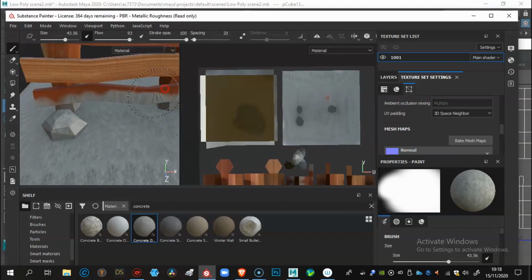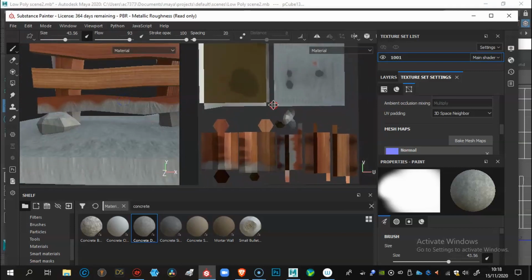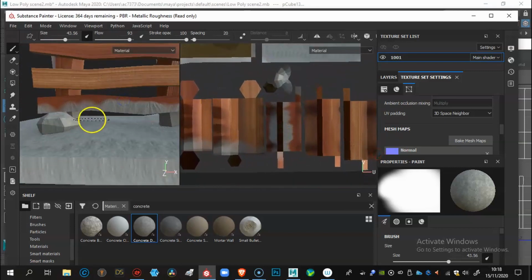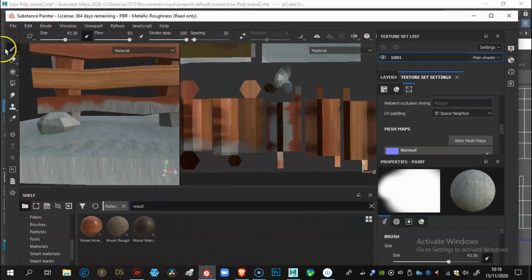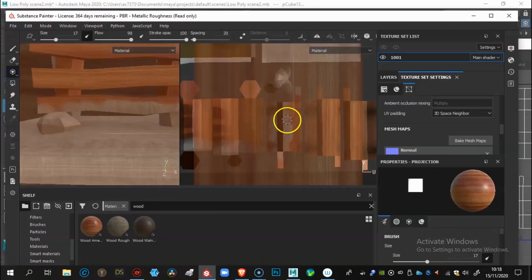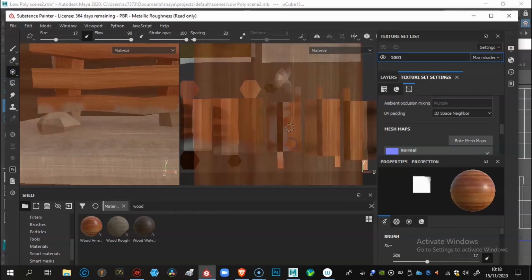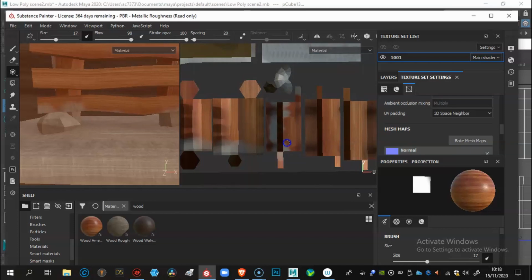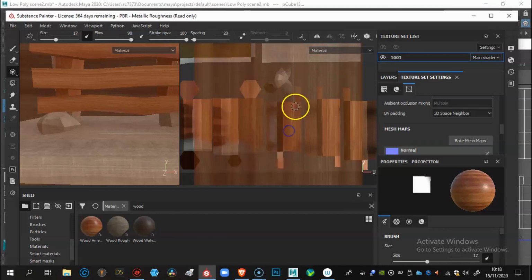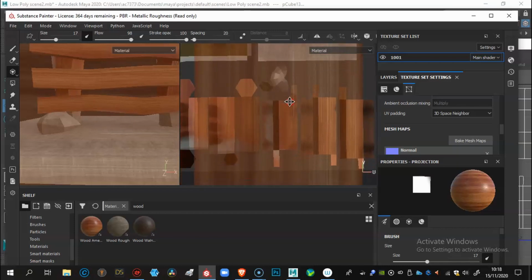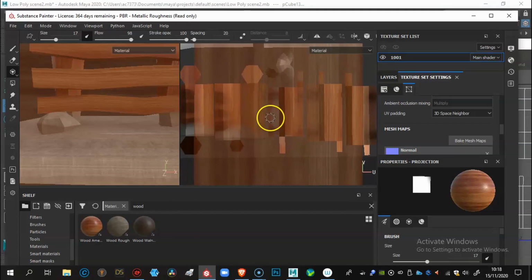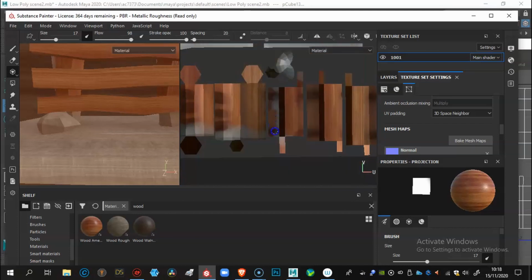Let's have a look. That looks all right. It's a bit of a mystery. I'm not entirely sure why it was catching that, but